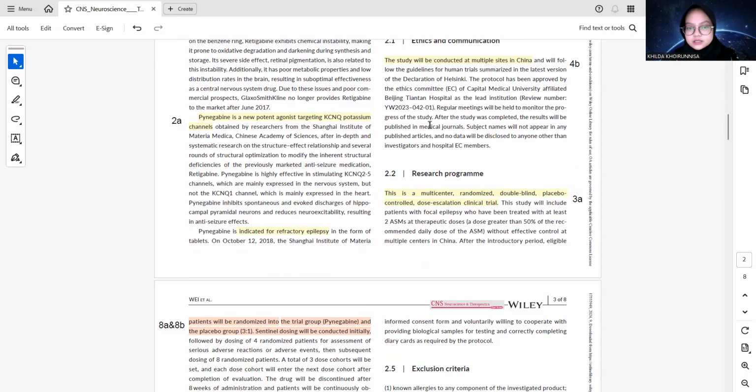The article states this is a multi-center randomized, double-blind, placebo-controlled dose escalation clinical trial. Item 3B requires a disclosure of any changes after the trial begins. This is not reported, which is a weakness of the trial.